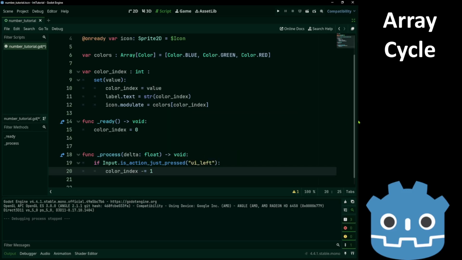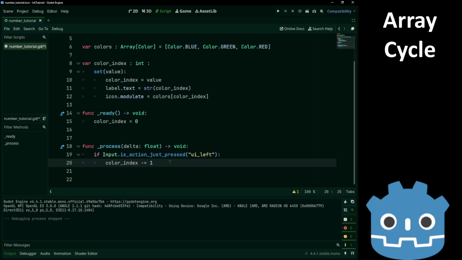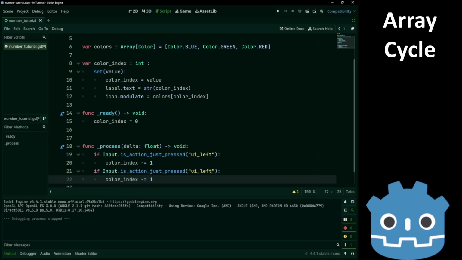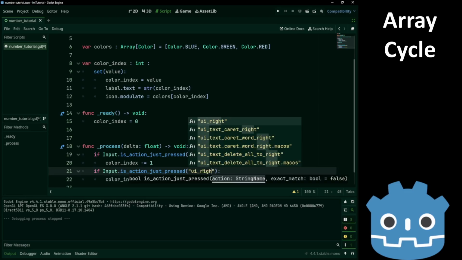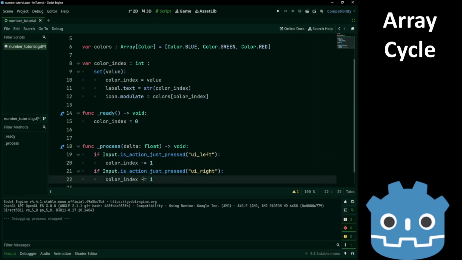We decrease our index by 1. We change this to right and the minus to a plus.